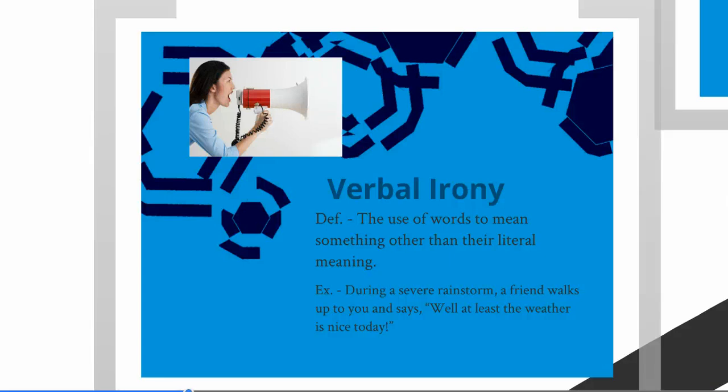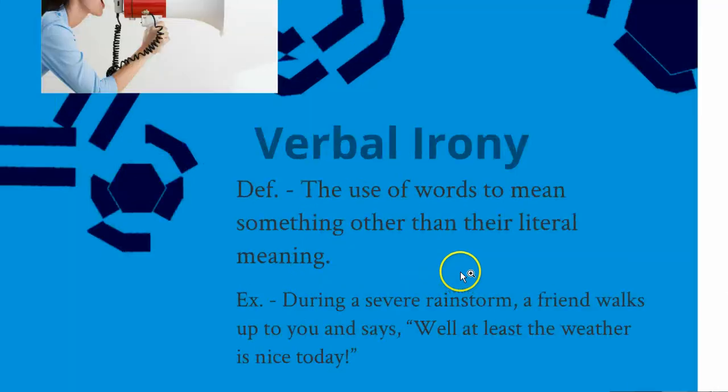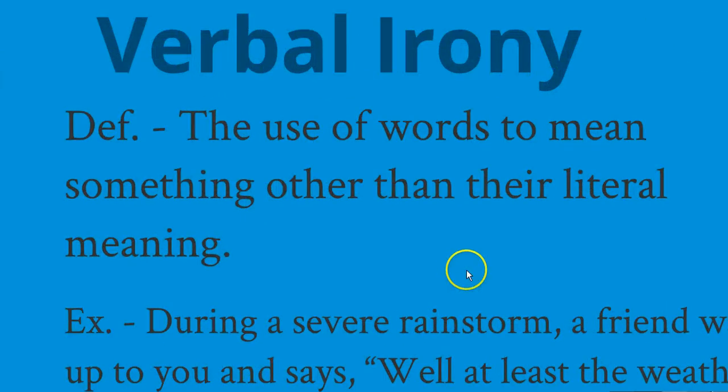One of the things that makes irony such a complicated strategy is that there are different kinds of irony, and you have to be specific about which kind of irony you're dealing with because it really makes a big difference in what we're talking about. So, the first kind of irony, and maybe the most common, is just called verbal irony. The definition of that is the use of words to mean something other than their literal meaning. Other than their dictionary definition, other than what we're trying to say literally. It's when we use words to mean something other than that.